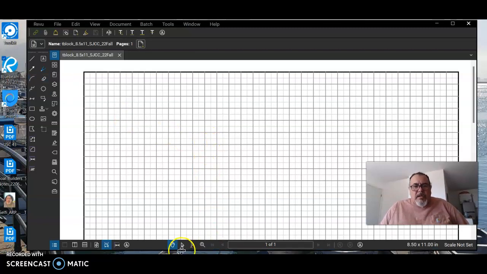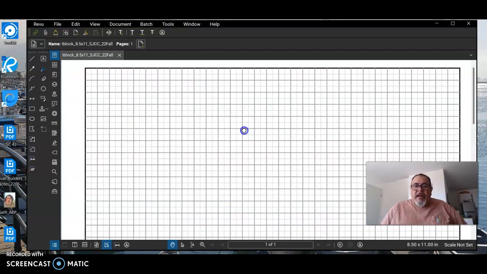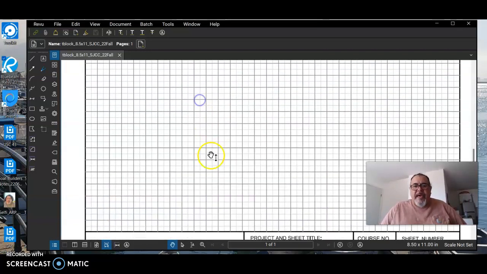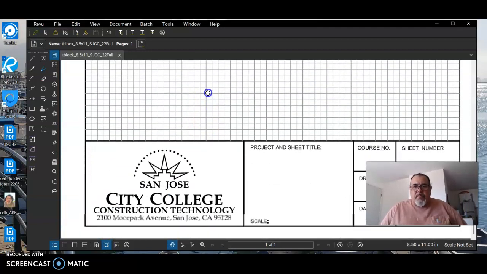Now, down here at the bottom of the page, you can see that it's got the hand highlighted, or the cursor, or the zoom tool. So we click on the hand, which is automatic. But see, when I click and hold my left mouse button, the cursor changed from an open hand to a closed hand. It's like it's grabbing the page. And now if you click and hold and you move your roller ball or your mouse, they call it pan. You can pan the sheet and move, okay?